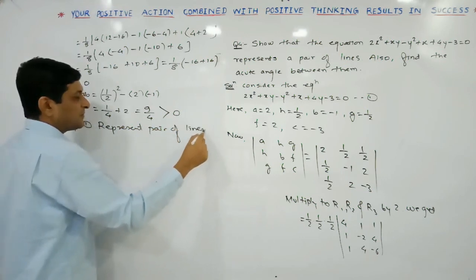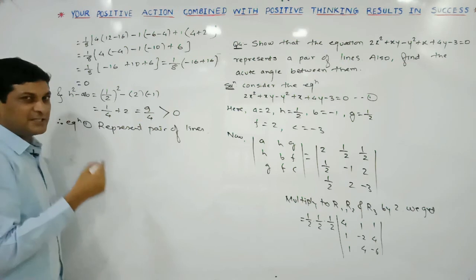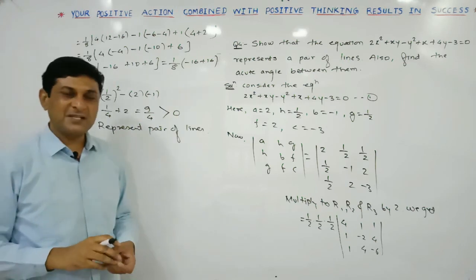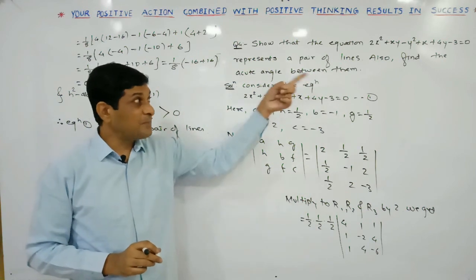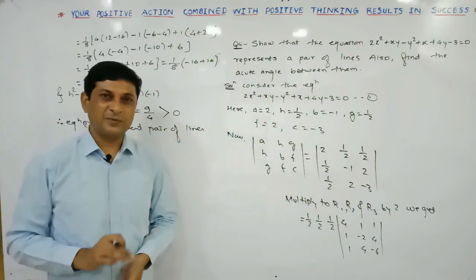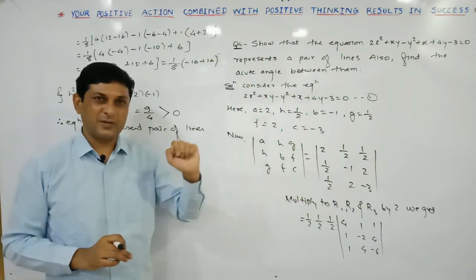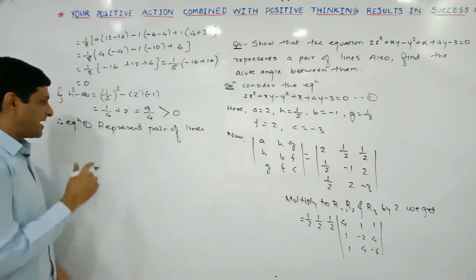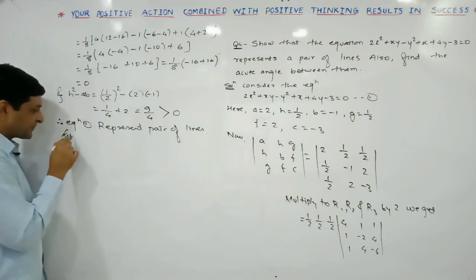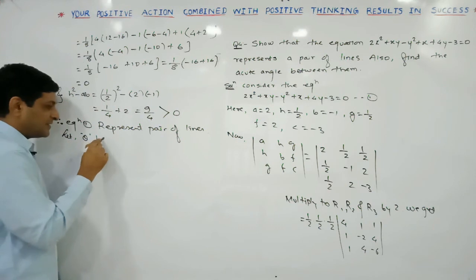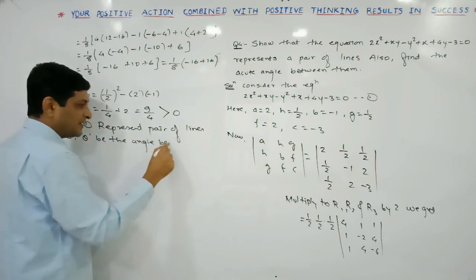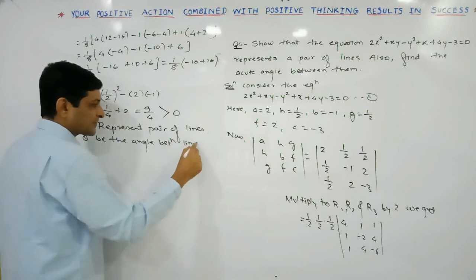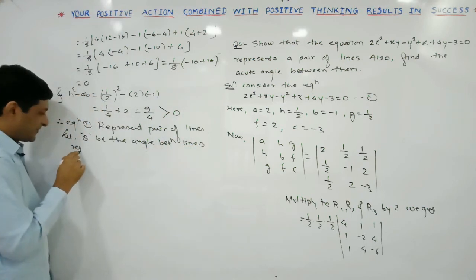And once we have shown that this equation represents a pair of lines, means definitely there will be some angle between the lines, and in the second part we have to find that angle between the lines represented by this equation. So let us denote that angle by what? Theta. So let theta be the angle between lines represented